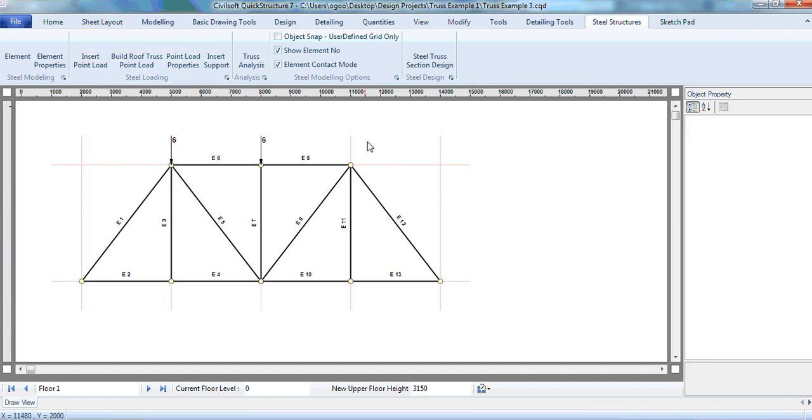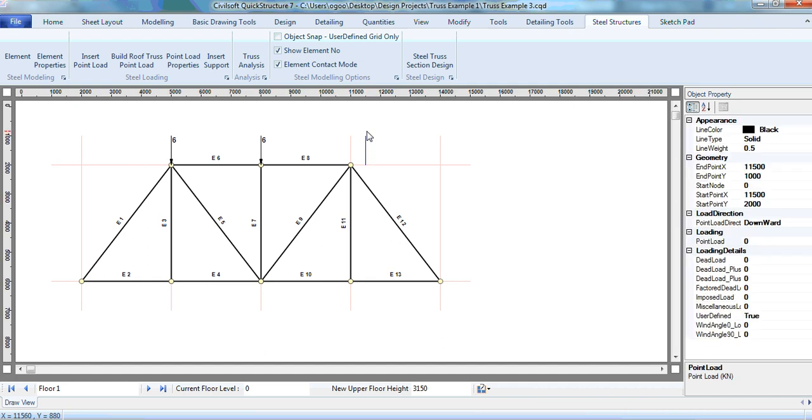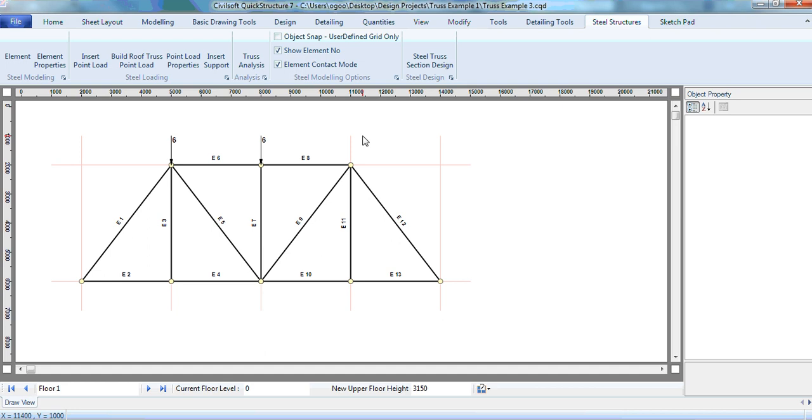In a very complicated arrangement, this is quite a stressful truss, but there are trusses that are so complicated, the arrangement is so complicated, the coordinates are so close to each other that you might be clicking on a line and you will not know that you're actually touching the node. That is why we build in such safeguards, so that if this check element contact mode is on, the software